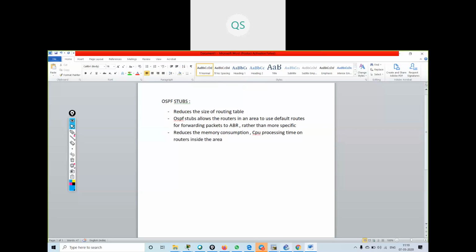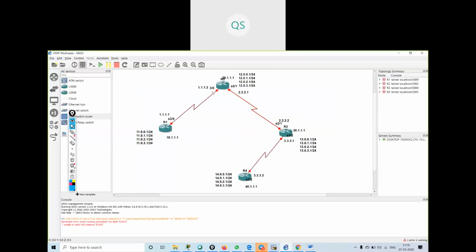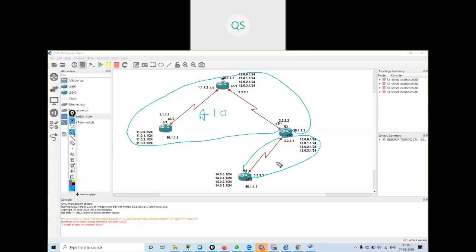Now we will take the same example that we have seen in the previous lectures. Now what I will do is say these will all be in area 10, and these loopback addresses will be in area 0. And I will advertise this as EIGRP.